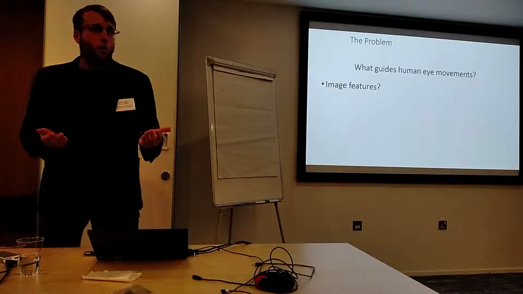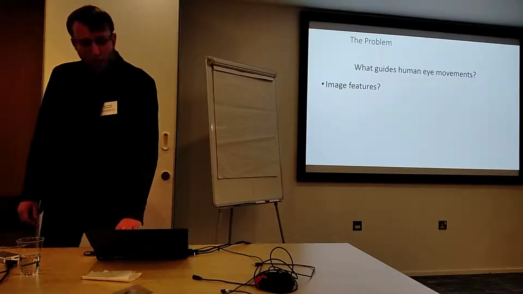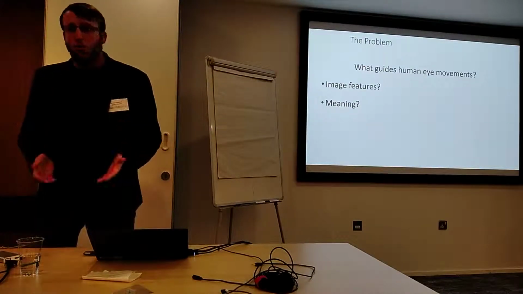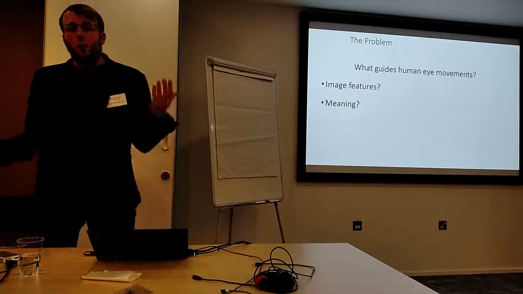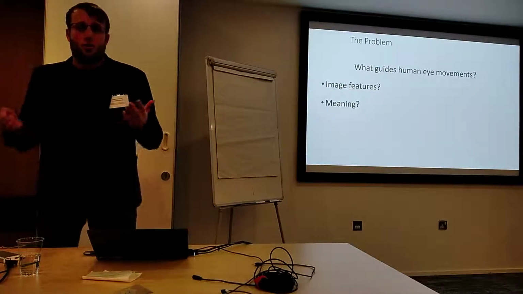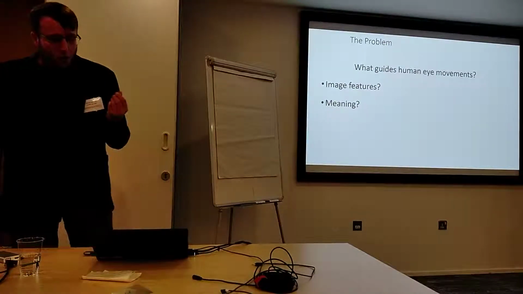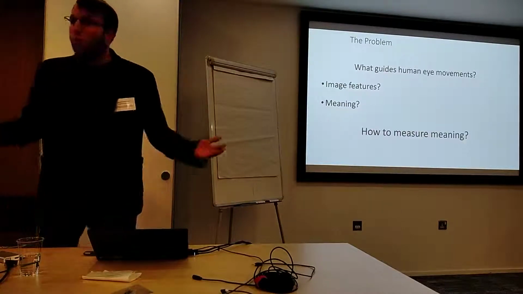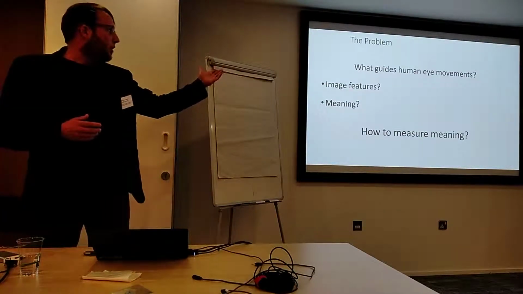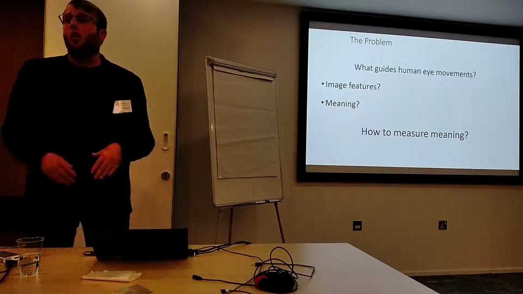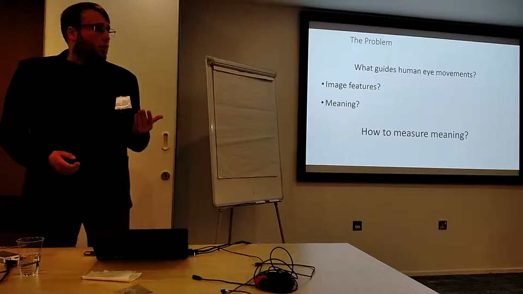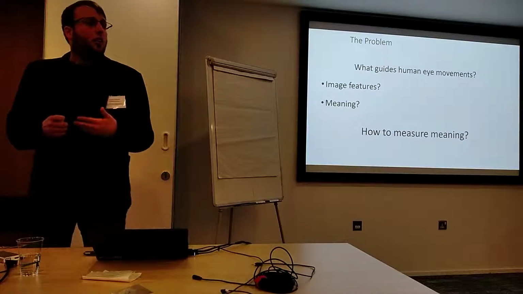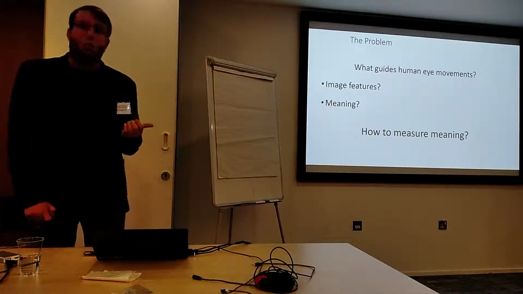However, it was always a bit controversial, because on the other hand, we can always say, well, maybe our brains care more about the meaning of what we see, about the semantic information, because we see the world around us as full of meaningfulness. We don't see just edges and colors. We see things, people, and objects. However, here comes the big methodological difficulty, because how do we measure meaning? If we take an image like the ones from the previous slides, how can we tell what's meaningful and what is not in some interesting way? So recently, there has been an idea of how to tackle this problem, how to measure meaning.